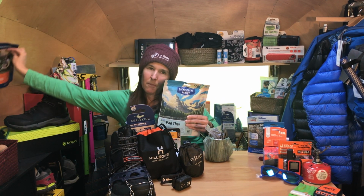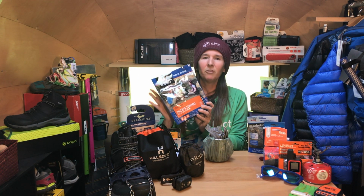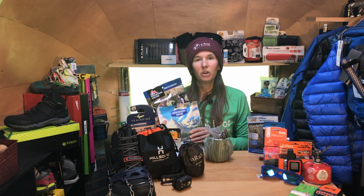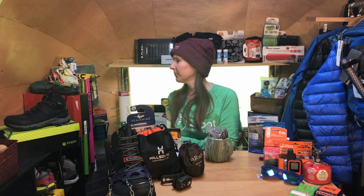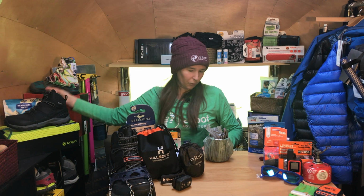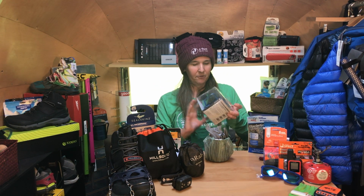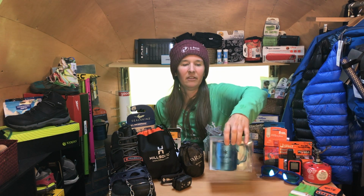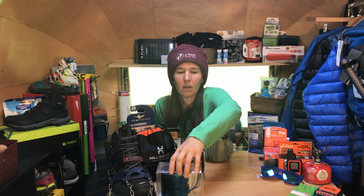This one is from Backpacker's Pantry. If you want to get something from Mountain House, whatever it is, a meal that you like, that you would enjoy, something to boost morale and get you through hard times. Okay, so my kitchen is made up of one of these small 450 milliliter titanium cups,